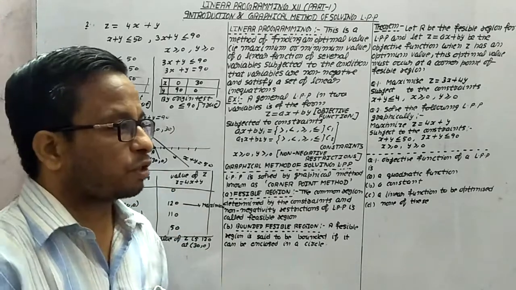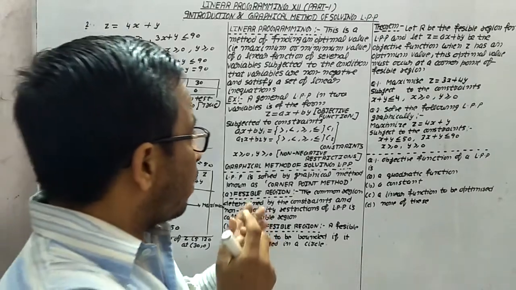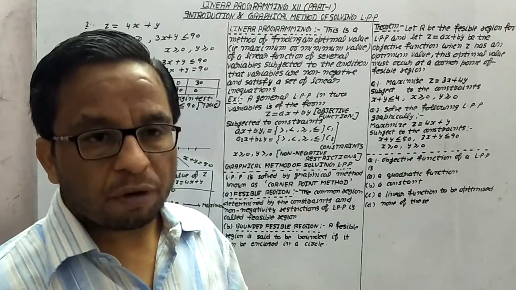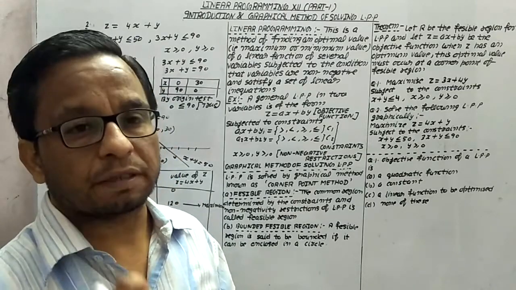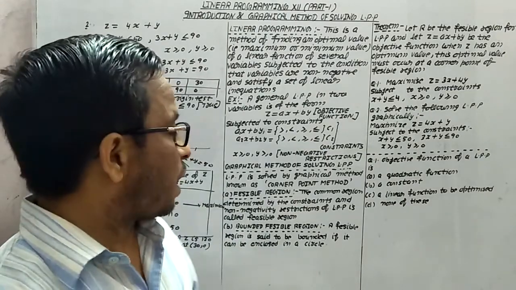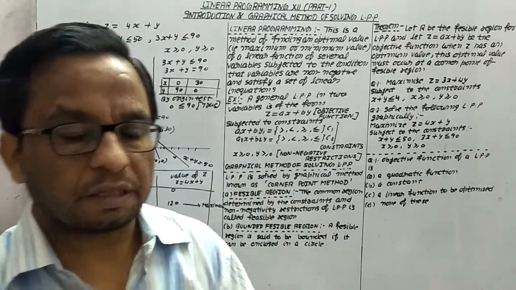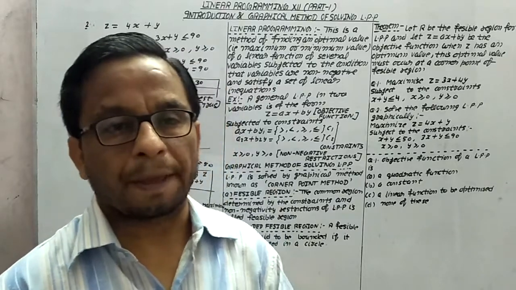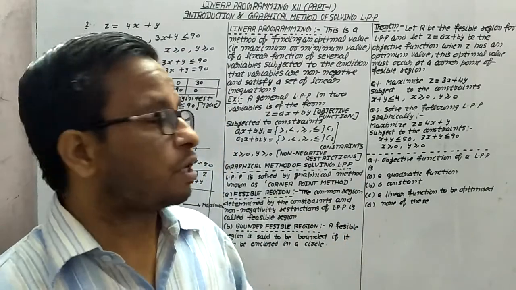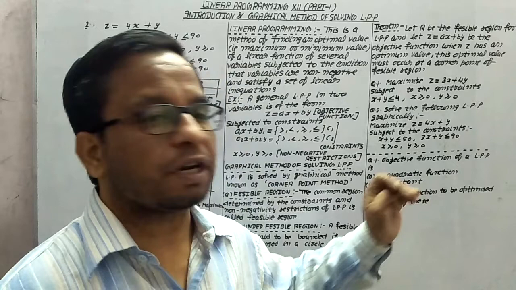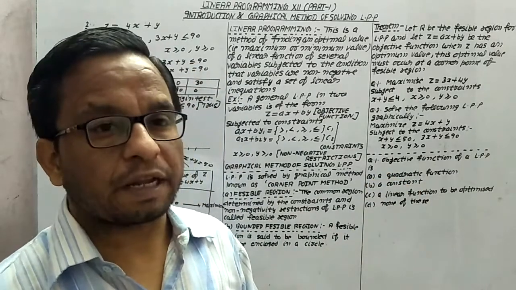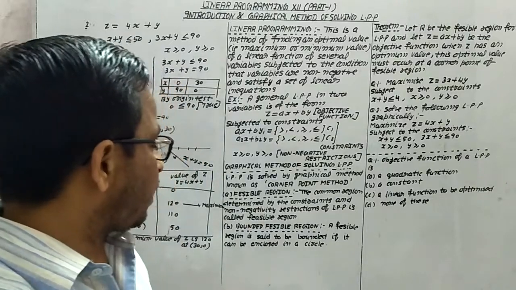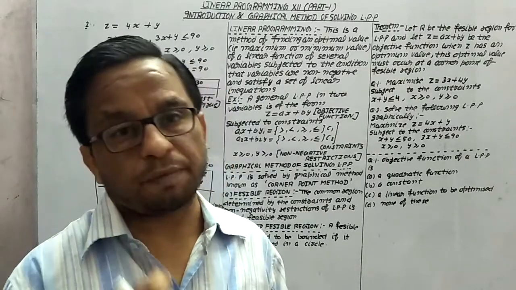So this is the procedure to find the value of the objective function, which asks for either maximize or minimize, by using the constraints and non-negative restrictions, x greater than or equal to 0, y greater than or equal to 0. On the basis of this explanation, give the answer to this question in the comment box, and practice other questions also, in which we get a bounded feasible region only.